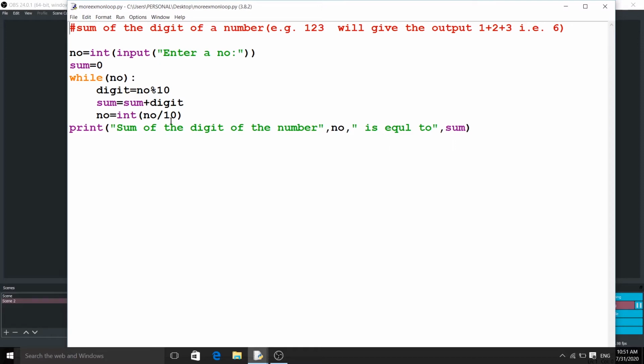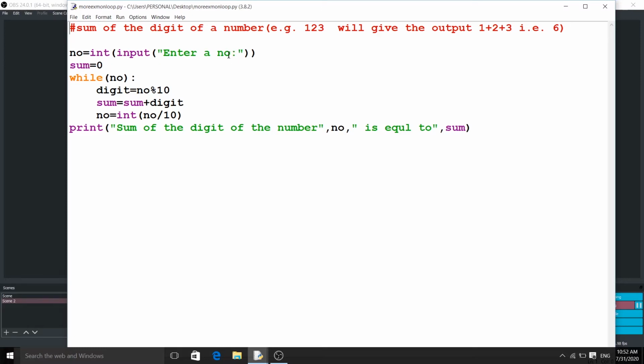That means each time after extracting one digit, the number will change. To enter this loop, the number should not be negative or 0. It should be a positive integer.